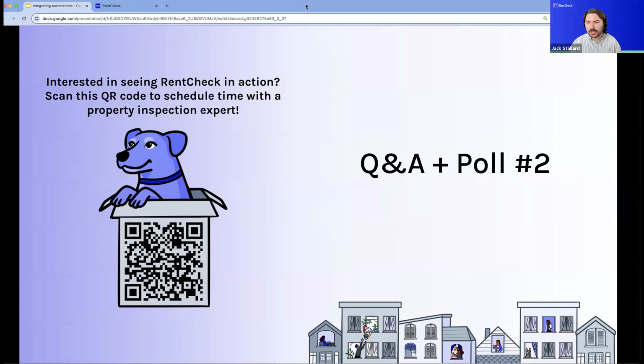Yeah, and I see that Nicolette asked if we plan to support other automation use cases natively. We do plan to do that in the future, but with this first round of automation tools, we wanted to make sure that we were providing a tool that would fit your needs in terms of move-ins and move-outs, because we know that is a big pain point when scheduling inspections. It's one less step in your process and you save a little bit of time on each move-in, and that adds up in a